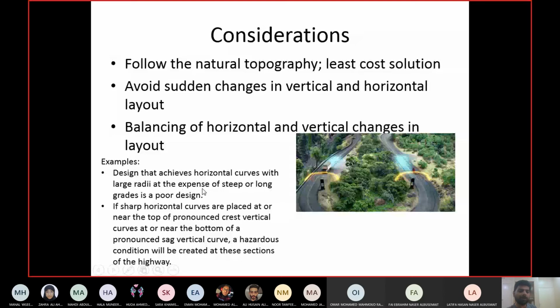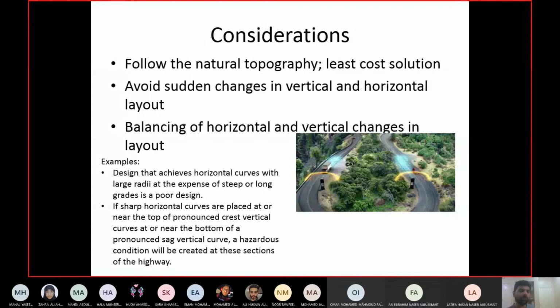For example, you are providing a very large horizontal curve. Large means with a very long radius. So the curve is very large and you can maintain high speed on the curve. In order to provide high speed on the curve, you made it very large, very wide, very smooth. But in order to do that, you went on to provide a very steep gradient. So you see, this is my point. You try to provide the large radius and you forget totally about the vertical alignment. A steep or a long gradient is again dangerous.